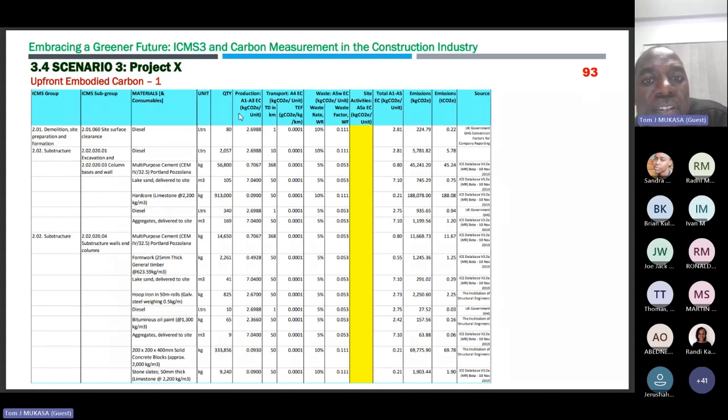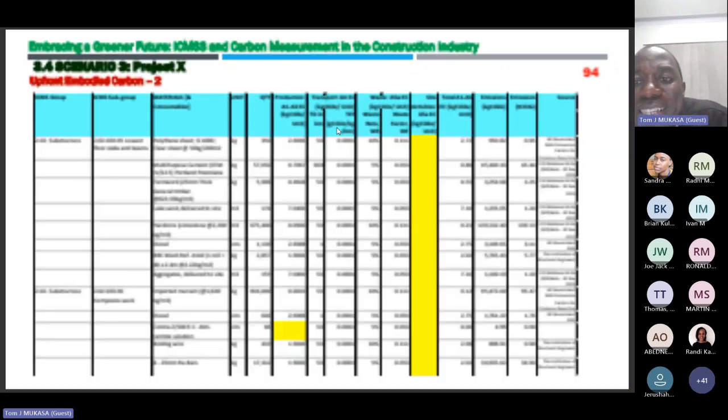So I prepared this table, which looks at the production stage, A1 to A3, the transport stage, A4, and then A5, which is normally divided into two, wastage and site activities. But I did not put anything on one of the activities because I did not have data. As long as I'm transparent that I've not included it, it's all okay. Sometimes you don't have all the information. So I did that, and I was able to come up with these carbon emissions.